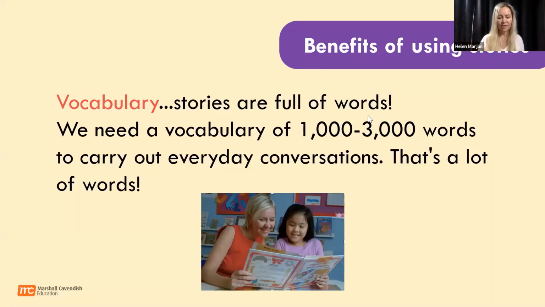So if we give a child a list of words, let's say we give them 20 words and we say, learn these words, I'm going to test you next lesson, they might be able to learn them, but then they'll quickly forget them. Whereas if we present the words in the context of a story, they're much more likely to be able to remember them and to use the words in the correct context, in the correct way.